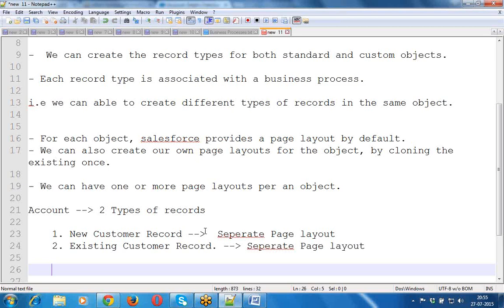Not only in this case, let's check another example. Suppose I want to purchase a mobile.